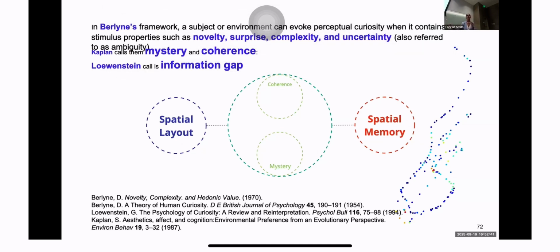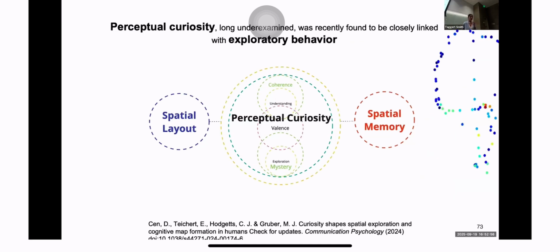Basically, something becomes mysterious, and for us to make it coherent for ourselves, Loewenstein calls that the information gap between them. So we have something mysterious, we have the information gap, we want the information to fill the gap, and then that becomes coherent. And recently, Sen et al. figured that there is a strong link and connection between perceptual curiosity and exploratory behavior. And as our keynote speaker yesterday, Mary Helen, mentioned, valence and emotions always matter. That's the exact case also for curiosity.